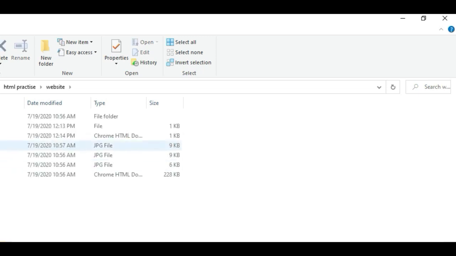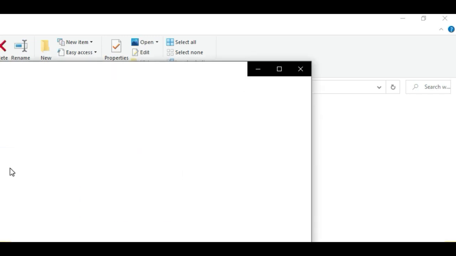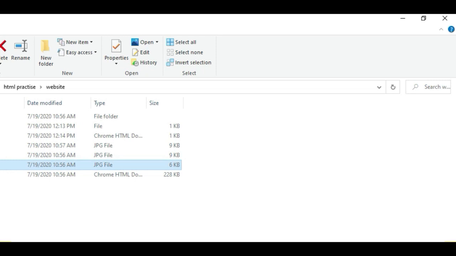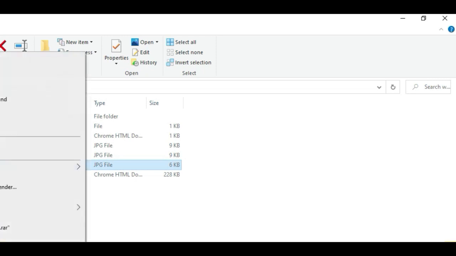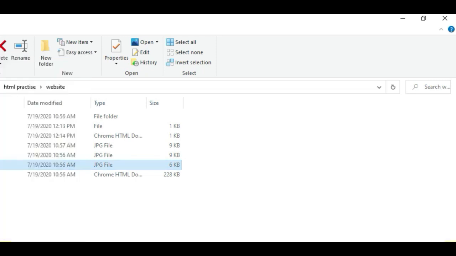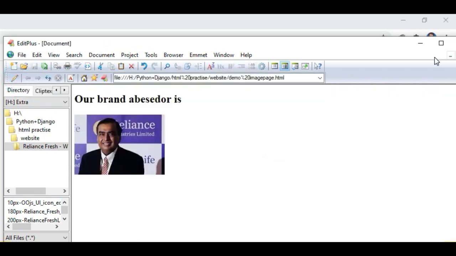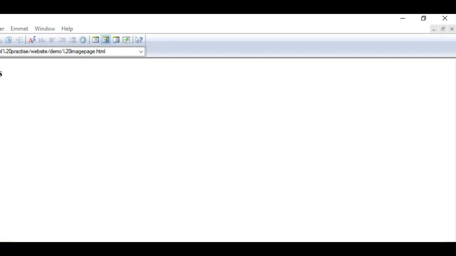Okay, so it's working, Mukesh Ambani.jpg. So I rename it ABC. My page is demo image page and here it is ABC. So as soon as I execute this, you can see our brand.